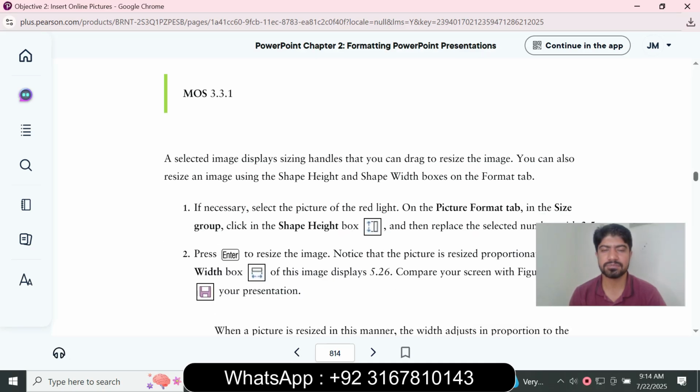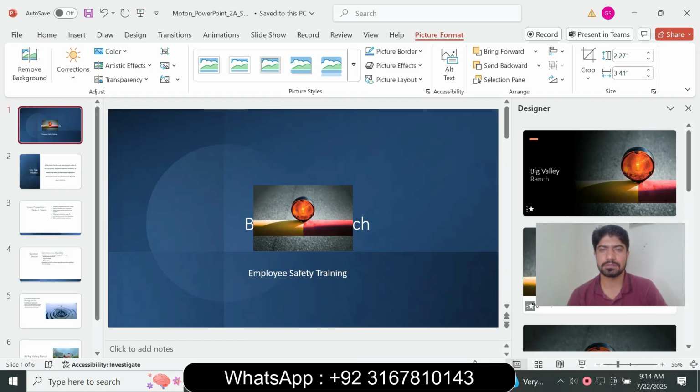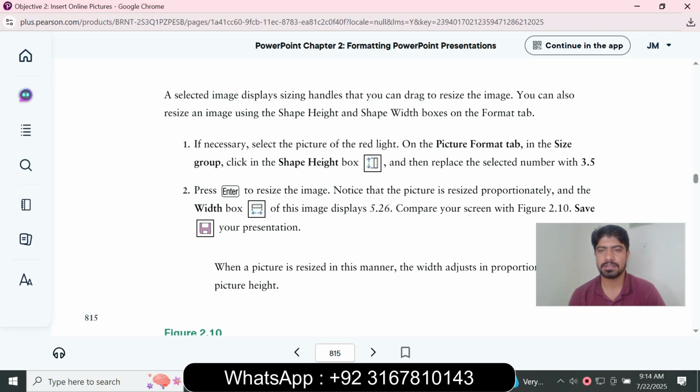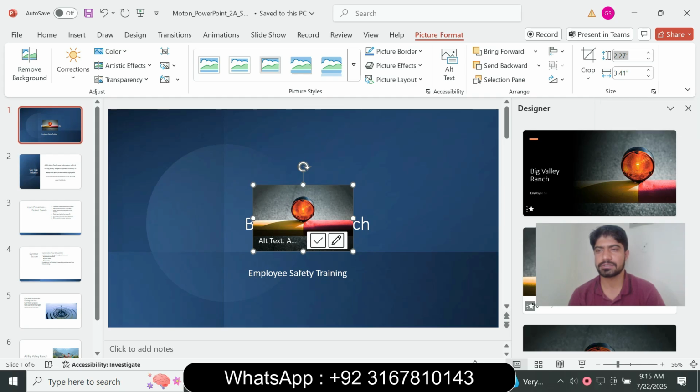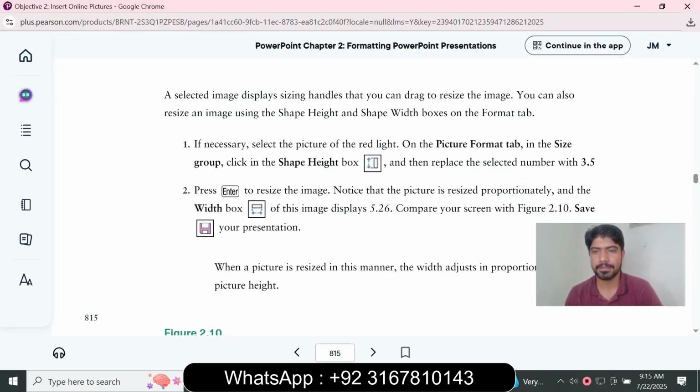Select the image to display the sizing handles, then drag to resize. You can resize the shape height with the box on the Format tab. If necessary, select the red lights picture, and on the Picture Format tab, in the Size group, click Shape Height and enter 3.5. So shape height is 3.5, then press Enter. Notice the picture is resized and the width box is